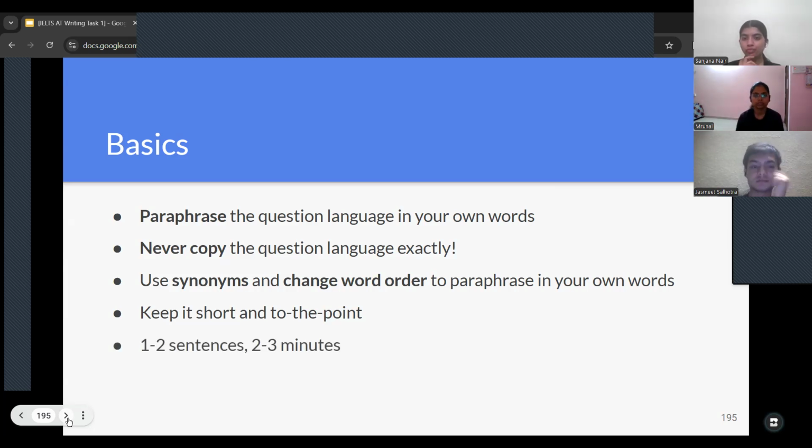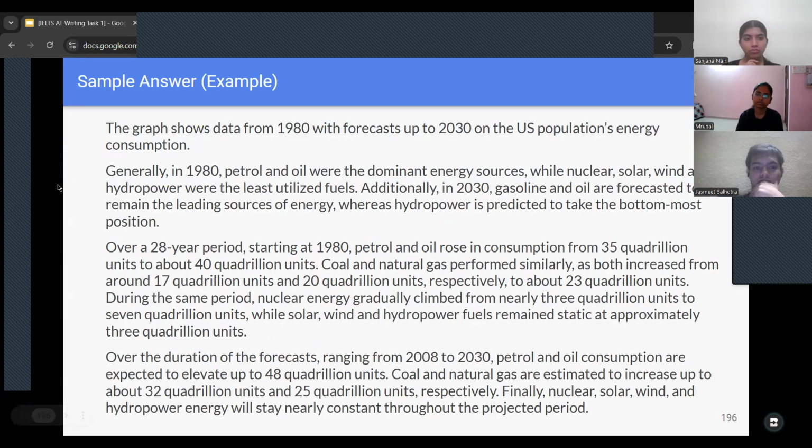One or two sentences are enough, 2 to 3 minutes. You should devote not more than that. Okay, here is the example. You can see it's just one sentence long. The graph shows data from this year with forecasts up to 2030 on the US population's energy consumption. We have already seen this graph if you